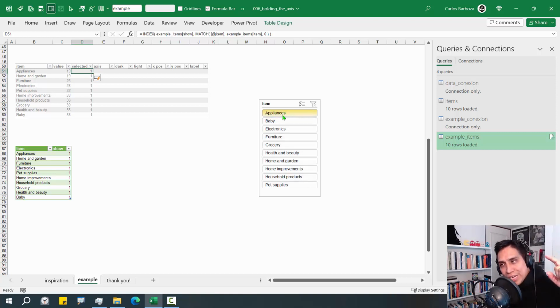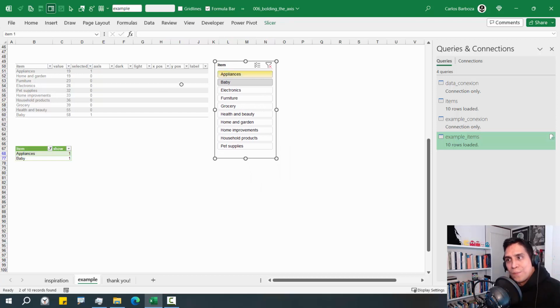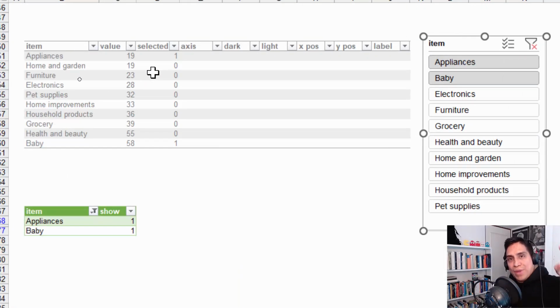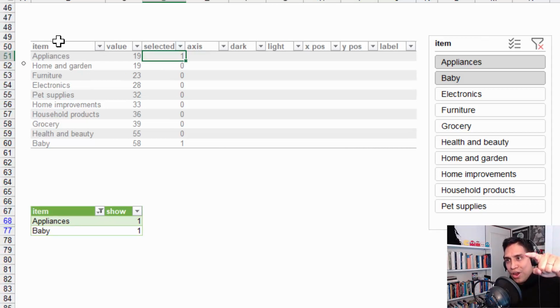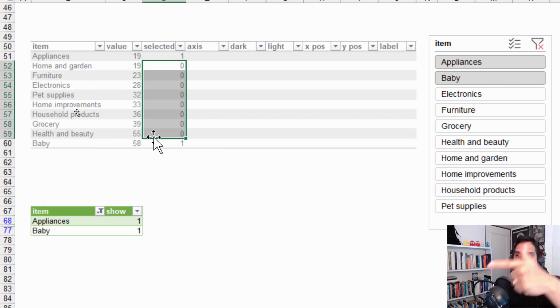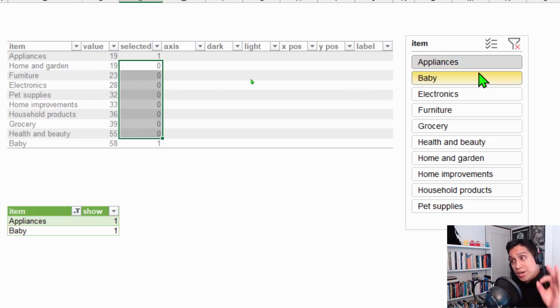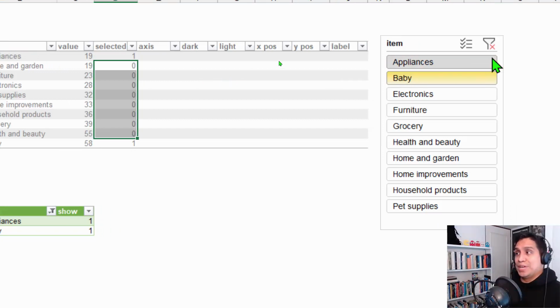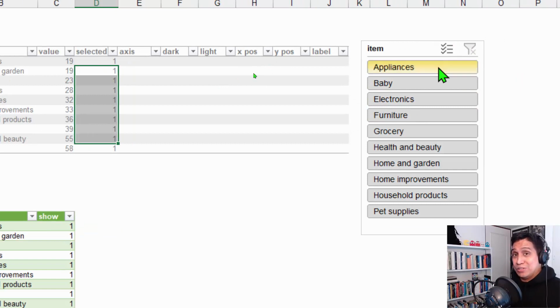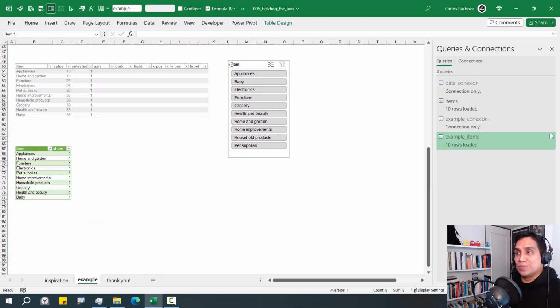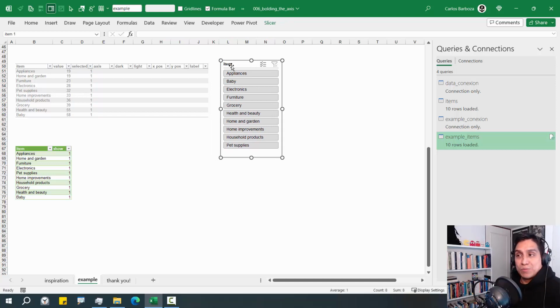But as soon as I select 2 on my slicer, check this out. You see, this is awesome. You see the appliances and baby on the slicer and a 1 for appliances and a 1 for baby, and the rest of them are zeros. So what I just mentioned is happening and we can now see it visually. Now this logic, very useful, and I've been using it here, and I learned it back in 2020, and I told Robert, that's really awesome. And now here's another use case that I'm using it for